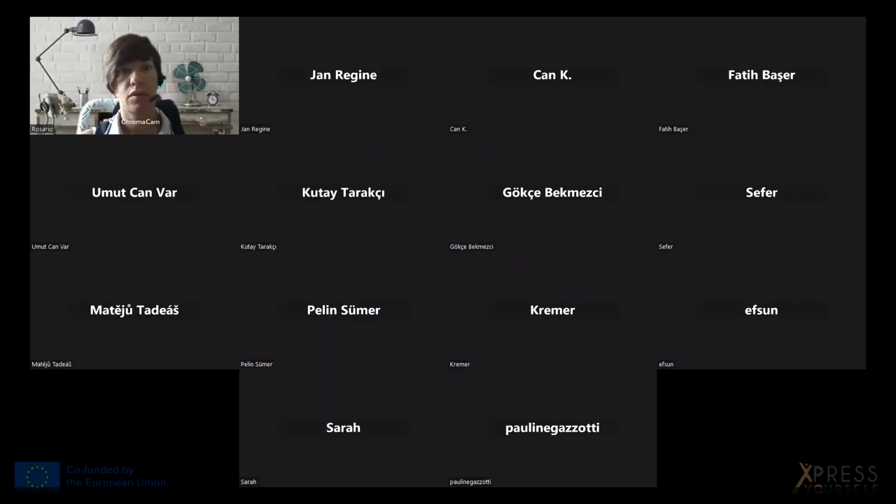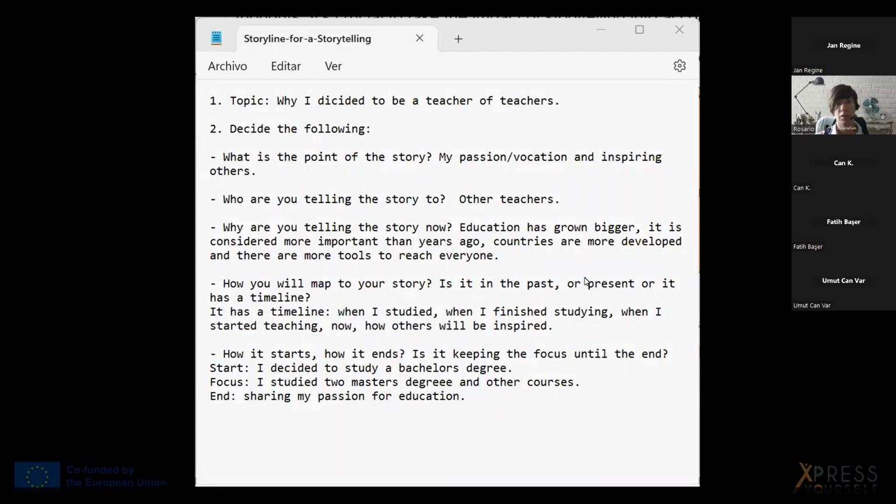I'm going to stop here and I'm going to share with you this other WordPad. So this is what I have been doing while you did your round. So the first part was deciding the topic.